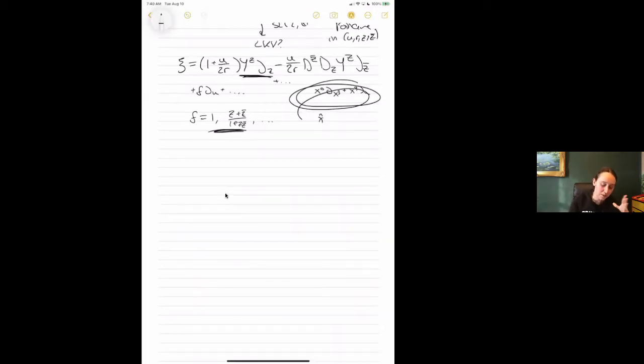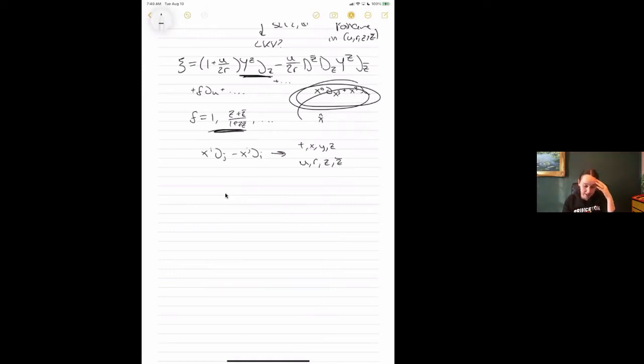So what I'm emphasizing is the following. Even if you didn't want to worry about the way that I'm writing it right now, what you would want to do is take your rotation generator. You have some x_i d/dx_j minus x_j d/dx_i, and then you're just changing coordinates. So I go from t, x, y, z, so z is not great here, to u, r, z, z bar in the manner that I defined above. This is simple enough to do.